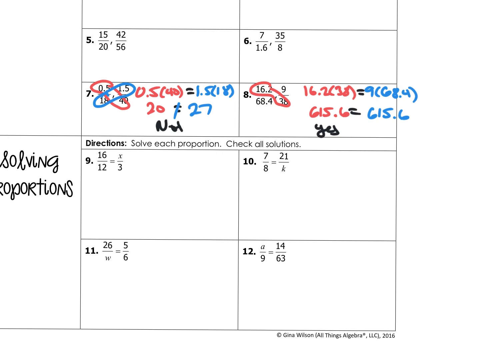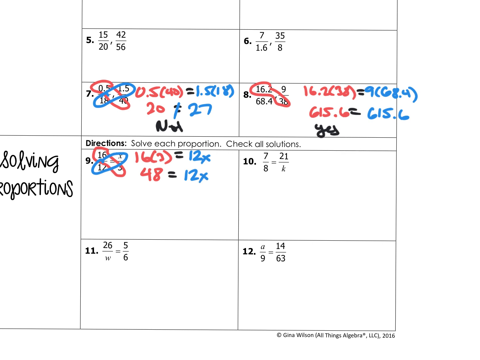All right, so now that we know that cross products can show a proportion, the thing we're going to look at next is how we can use cross products to help us solve a proportion. So we're going to start by setting up our cross products. In this case, we have 16 times 3 has to equal 12 times x. So 16 times 3 is 48, and that has to equal 12 times